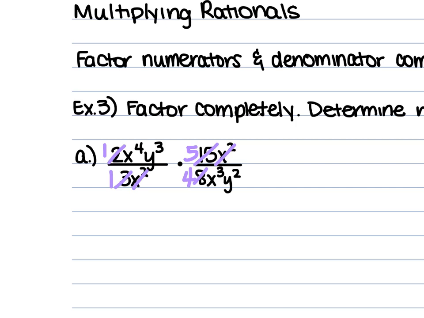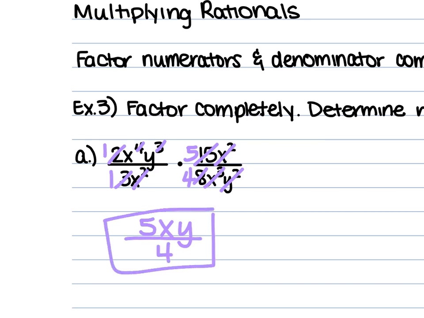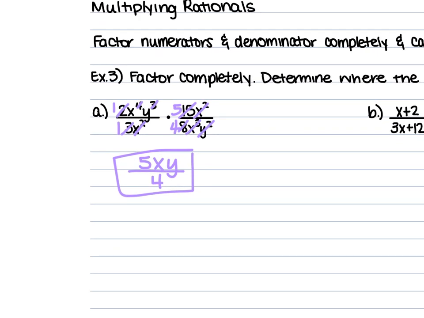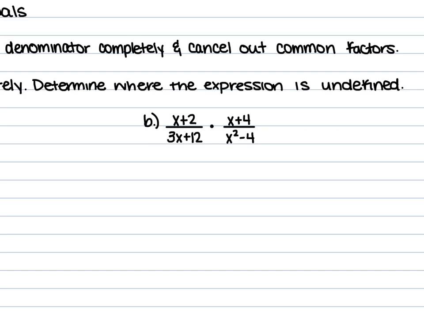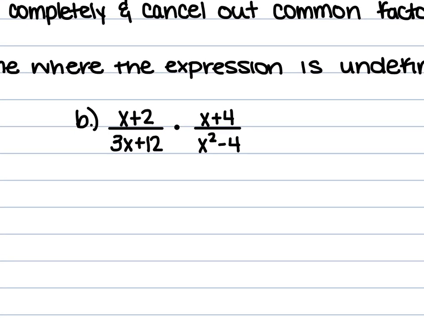You have x to the 4th and x cubed, so that x cubed is going to cancel out the 4th, and it's just going to be x. Then you have a y squared, which is going to cancel out the 3rd, which is just going to be a y. So we have x, y times 5, which is 5xy, all over 4. Again, you could have multiplied these straight across and done the same exact thing, just simplified once you were done multiplying. If we look at B, we have x plus 2 over 3x plus 12 times x plus 4 over